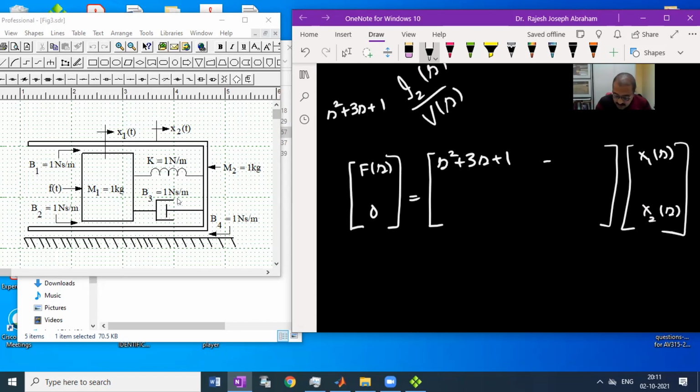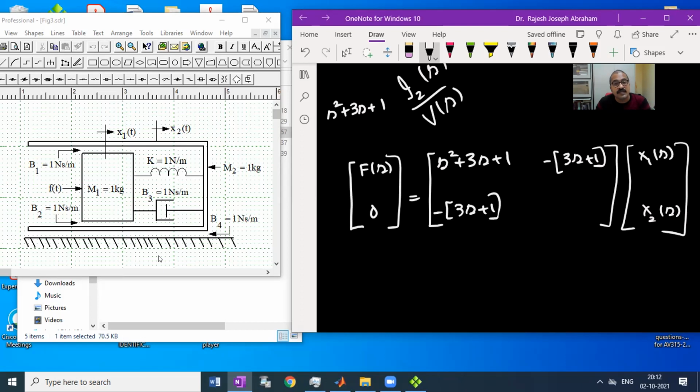So I can write minus of the sum of all elements connected between M1 and M2. There is one spring, then B3, and B1 and B2. So that means minus of 3s plus 1. Entries 1, 2 and 2, 1 are the same, so minus of 3s plus 1.